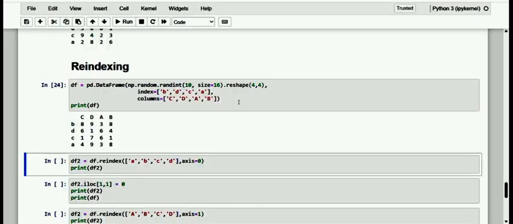Dear friends, to reindex, let me use the reindex method specifying the new order of the labels that the data frame must have. Kindly have a note of it. The method will not operate on the reference data frame, but will return a copy of the data frame that will follow the new indexing rule.